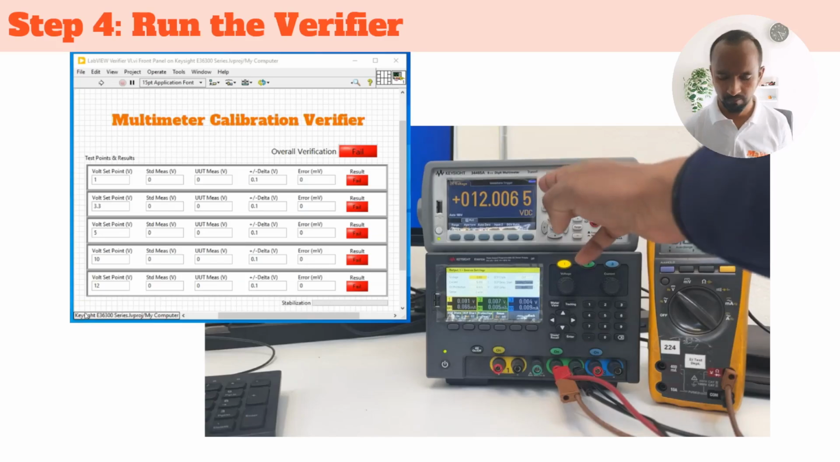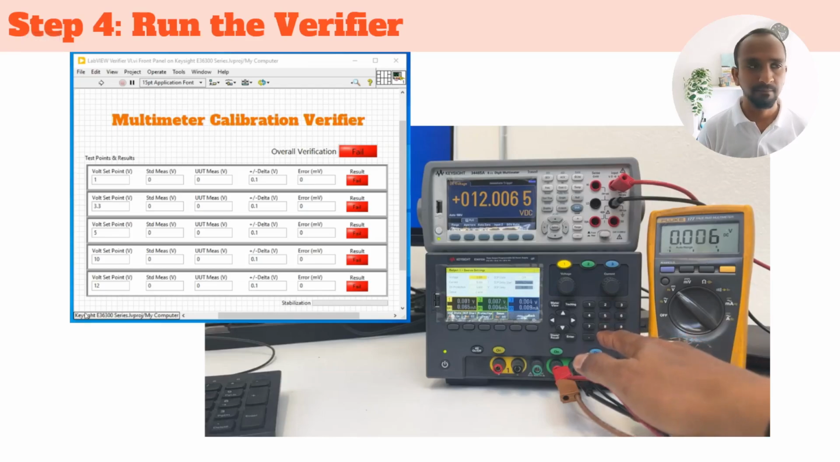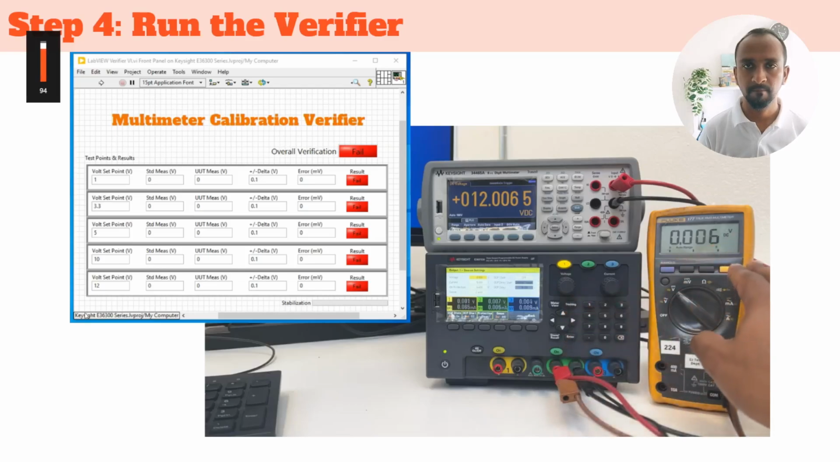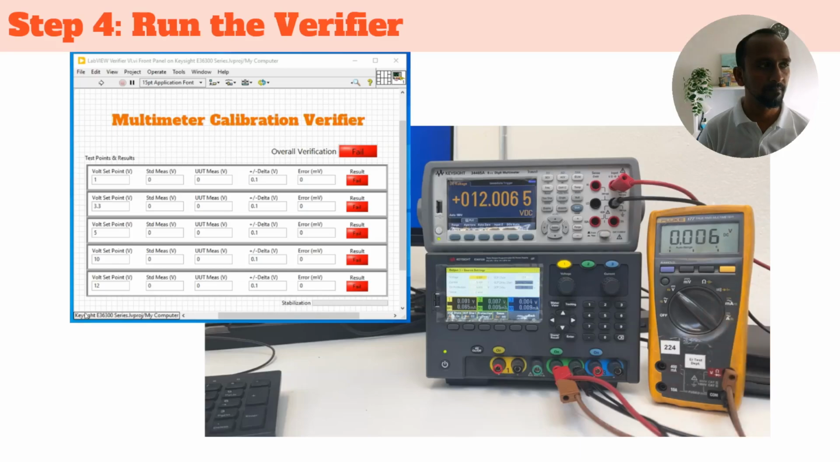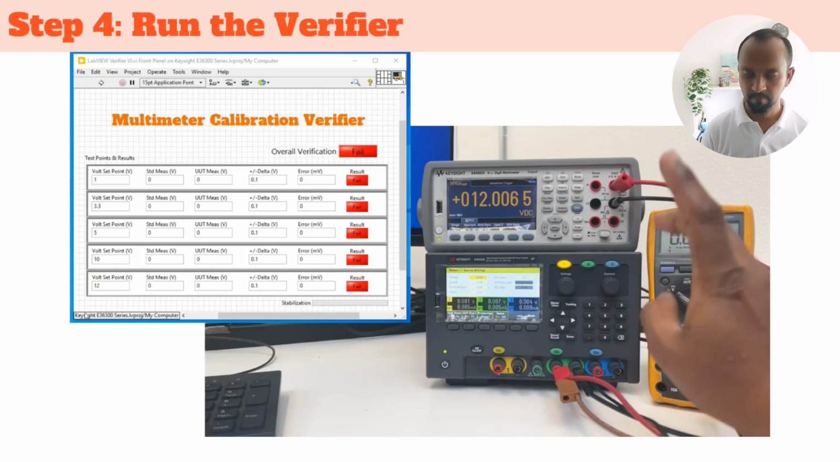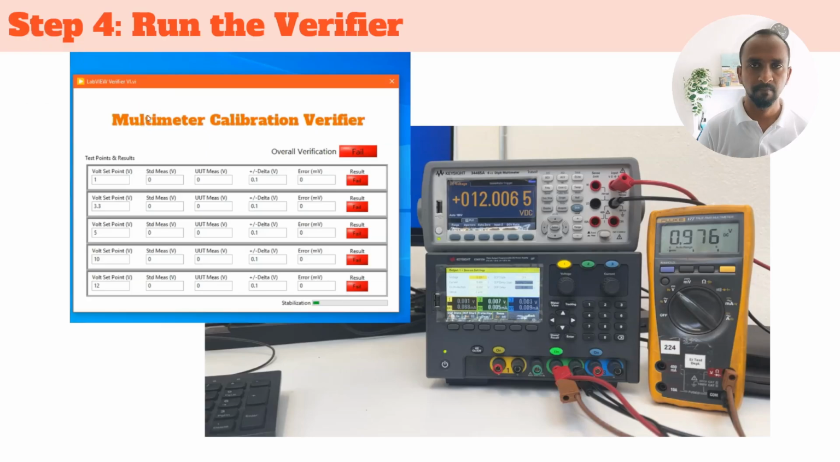I have the digital multimeter, the standard reference, that is now connected to the triple output power supply, and this is in parallel connected to the UUT, the instrument that we need to calibrate, Fluke 177, and the function that we are going to calibrate is DC voltage. It is set to DC voltage, and on the screen now we are going to run the calibrator verifier, and